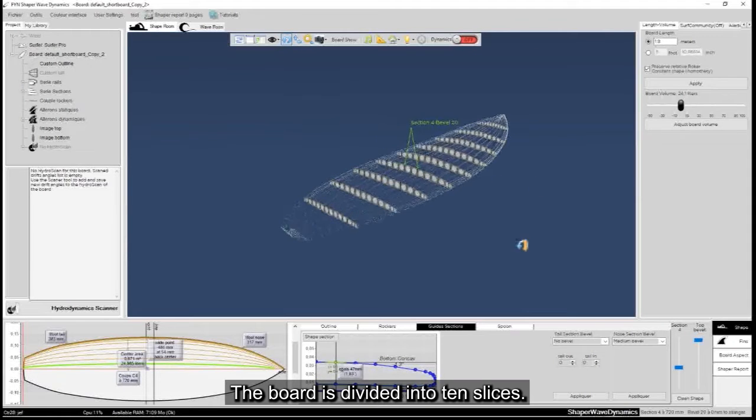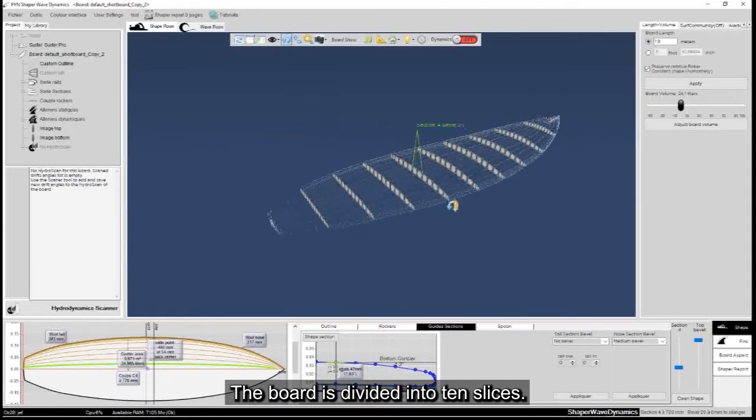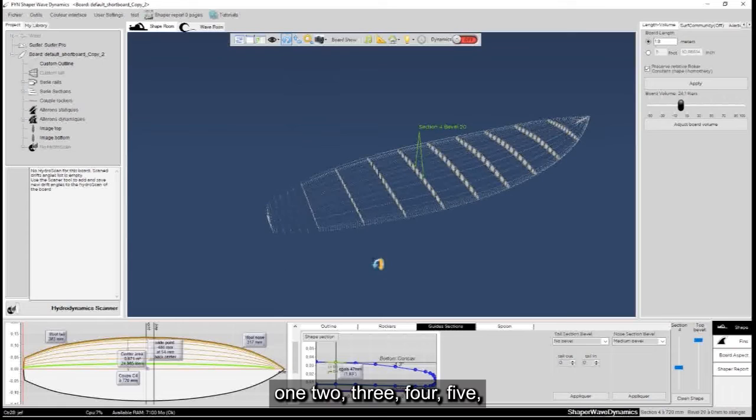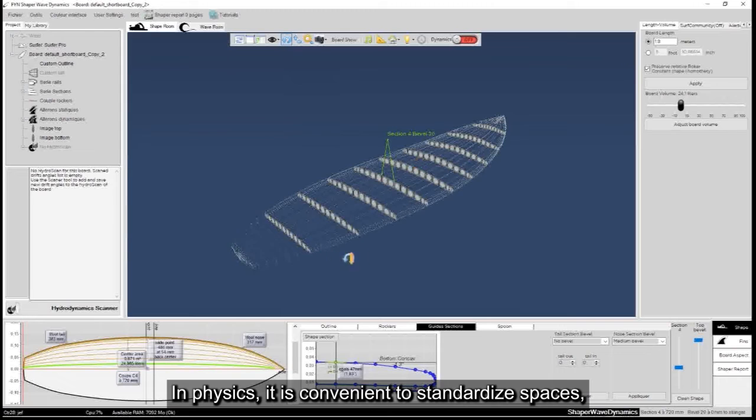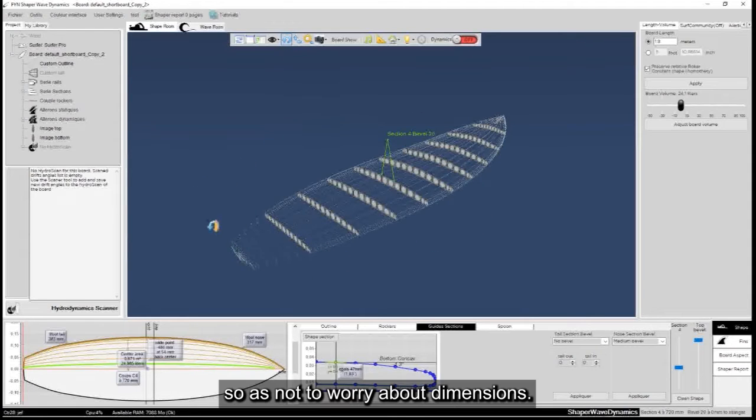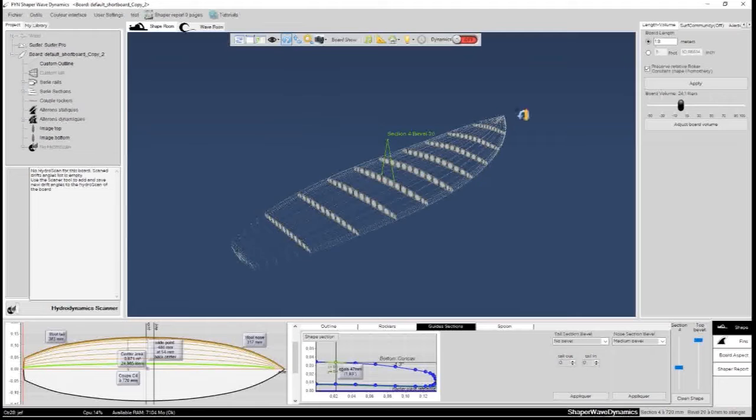The board is divided into 10 slices. 1, 2, 3, 4, 5, 6, 7, 8, 9, 10. In physics, it is convenient to standardize spaces, so as not to worry about dimensions. Here we say the board is 1 in length, so each portion is going to measure 0.1.